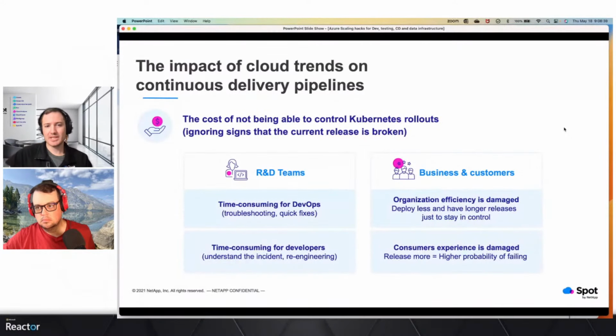So what does that exactly mean for both R&D and the business? Of course, it's time consuming, right? Because as you're migrating to Kubernetes from monolithic applications, you're probably spending a lot of time troubleshooting, trying to fix things, trying to understand where that is coming from.